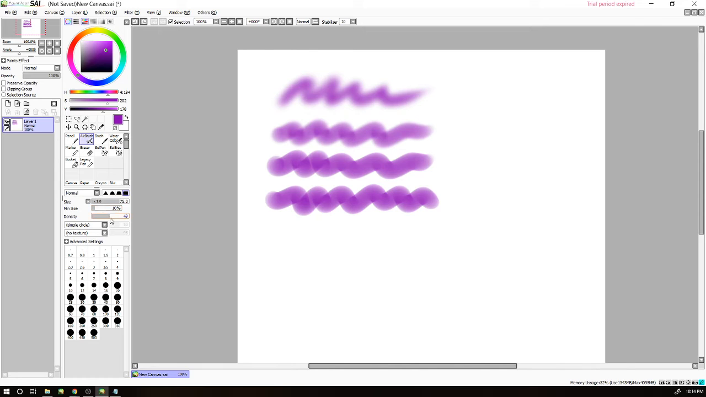The density, I like to pull up to about 80. This is where I find it sits the best. Yeah, there we go. The reason I like this tool is because it has such a soft look to it. The pen is just so hard. I'm just not a big fan of it, even when it's like that. It's just not